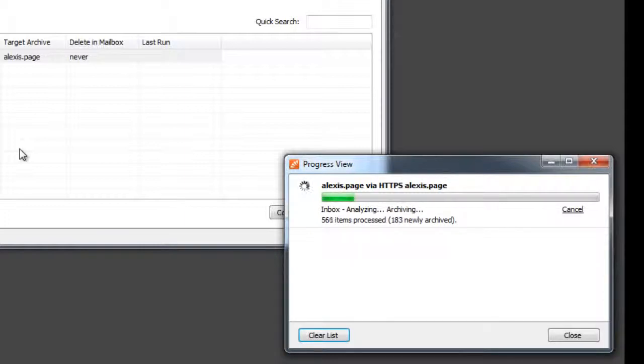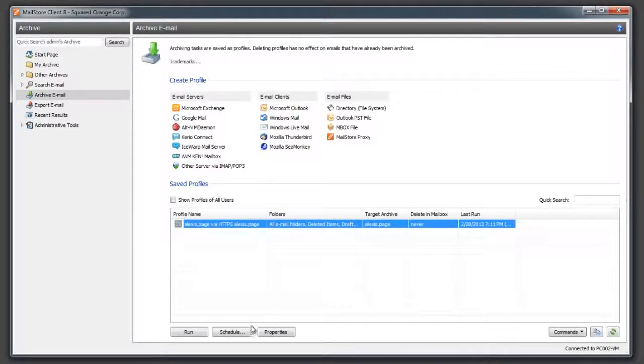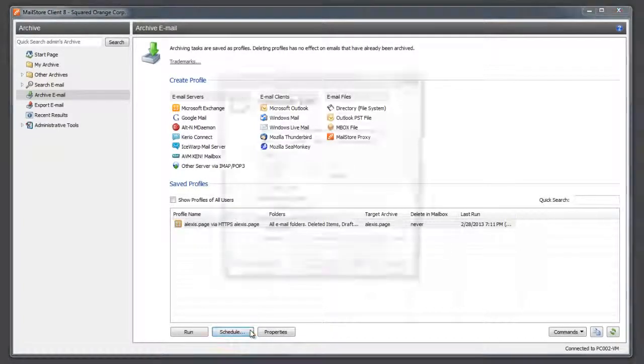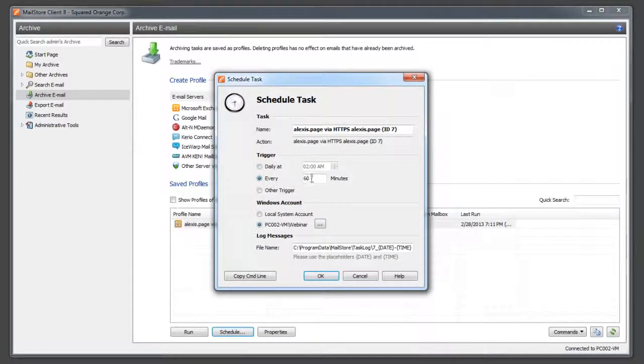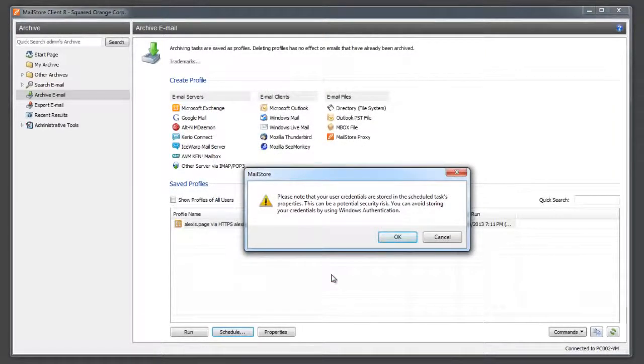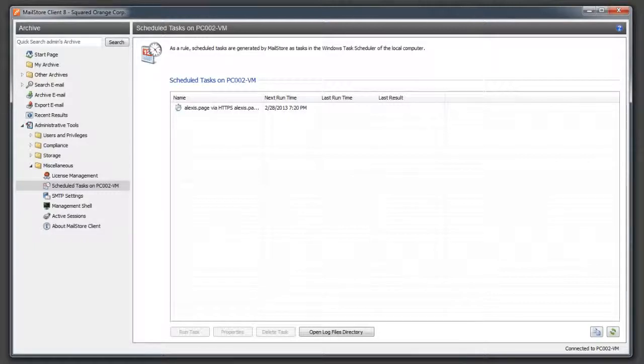Additionally to executing archiving profiles manually, MailStore allows the scheduled execution of profiles as well. Therefore, we select the archiving profile to schedule and click on the Schedule button. After adjusting all settings to our needs, we click on OK to create a scheduled task for that profile. As MailStore uses the Windows integrated task scheduler, further security-related questions may have to be answered. From now on, the profile gets executed at the given time or interval in order to search the mailbox for